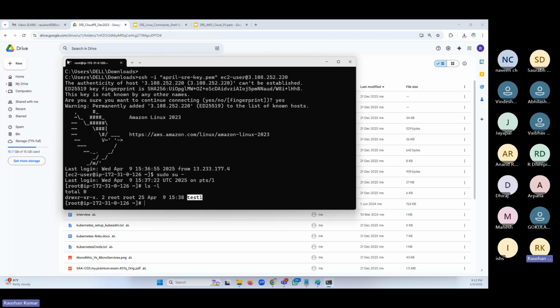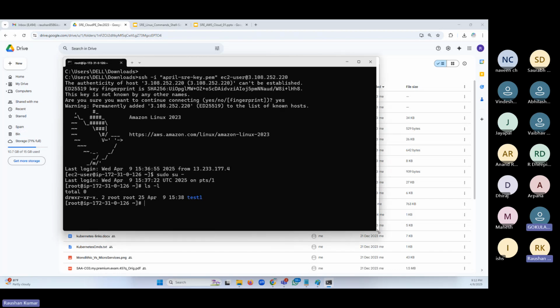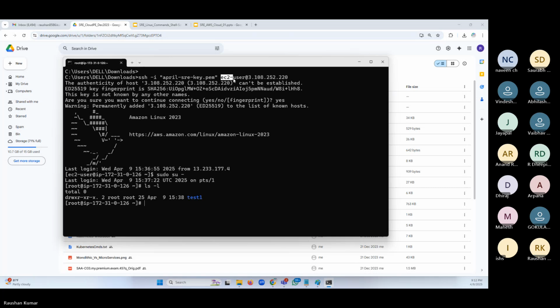What did we do in command prompt? I'll share this command with you. Can you explain this EC2-user? Is it the default user? Yes, it is the default user. If it's an Amazon Linux machine, it is ec2-user. Yesterday I used Ubuntu. If this EC2 instance were Ubuntu, I'd use ubuntu@ instead. That would be the difference.